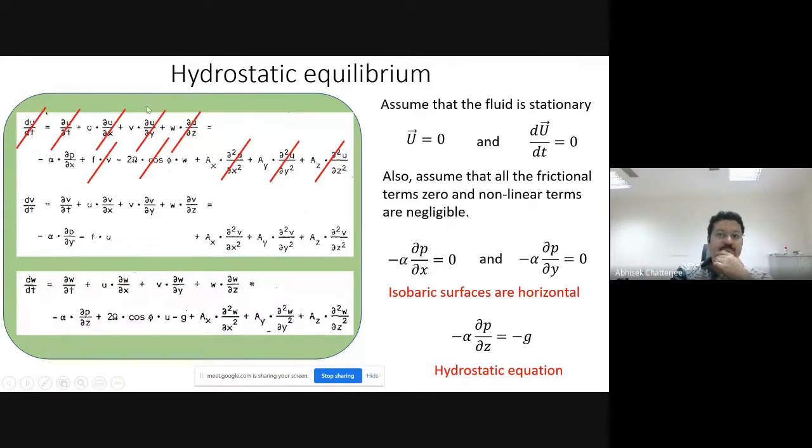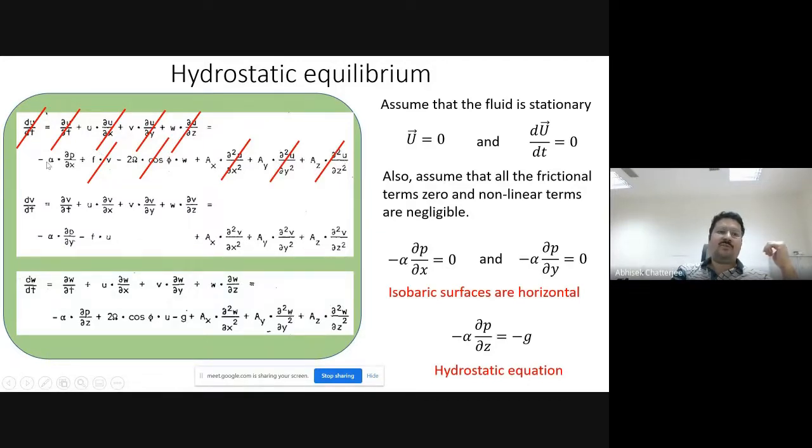Then what will happen? du dt is equal to 0, that means there is no acceleration, so all these terms are going to 0. Then we are assuming that u is also equal to 0. u basically means u and v both, the horizontal velocity, is 0. So this term is going to 0. This is also 0 because this is another velocity component. And since u, v and w are 0, this term is also 0. This is basically u only: del square u by del x square, del square u by del y square, del square u by del z square, because it is in the u x momentum equation, in the x direction. So all these terms are 0.